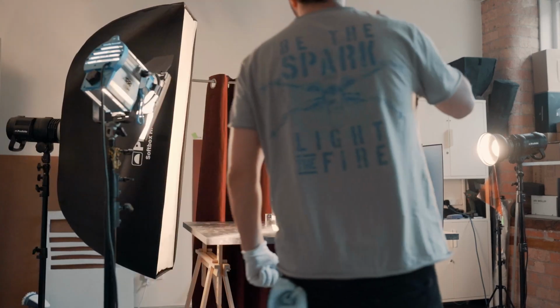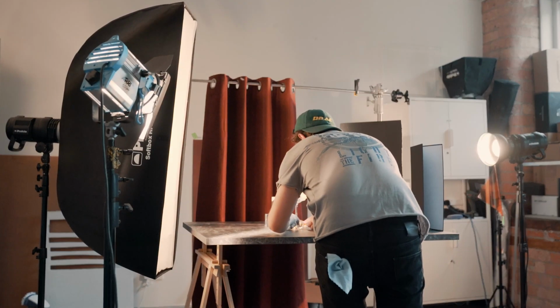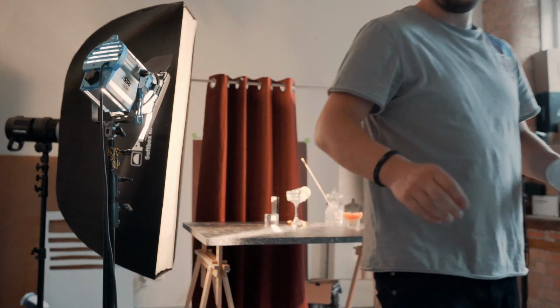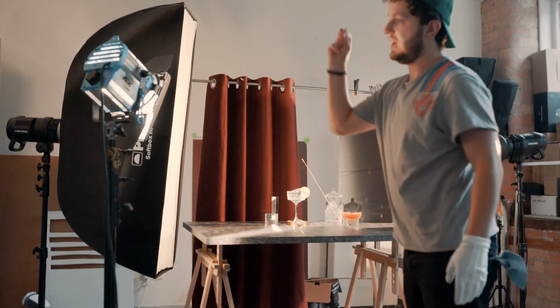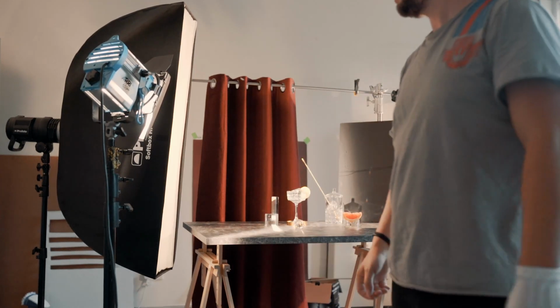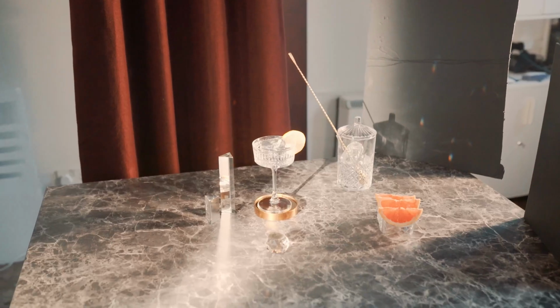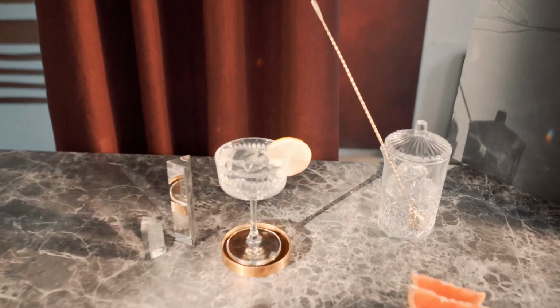This is setup number 3. I'm currently shooting a stop motion for this piece, and we also have an Arri 650 Plus, creating a stream of light going across. So this is the setup. We have our gin martini right here,